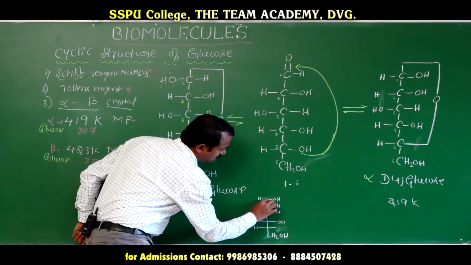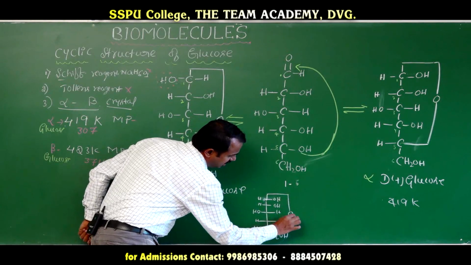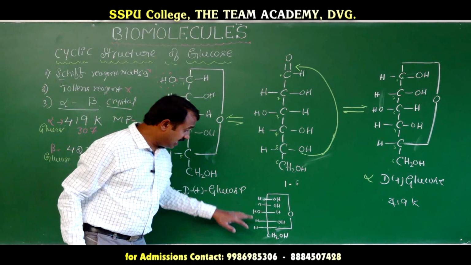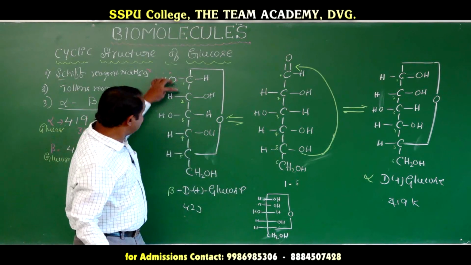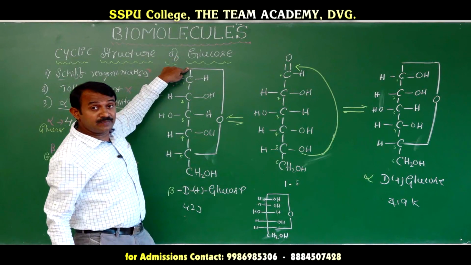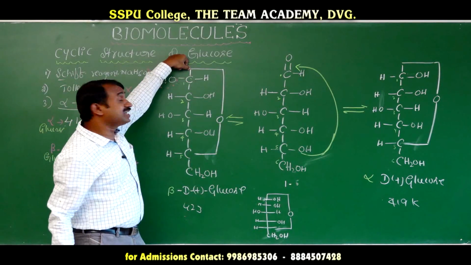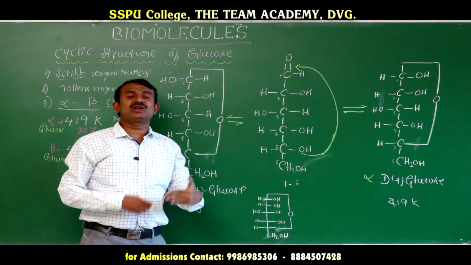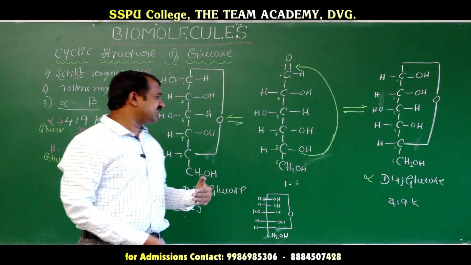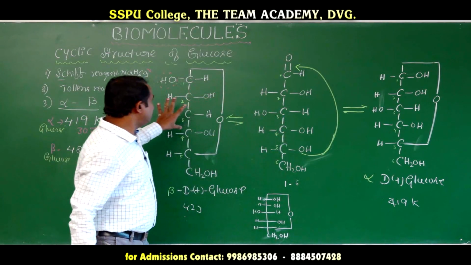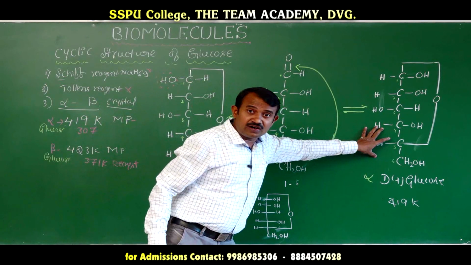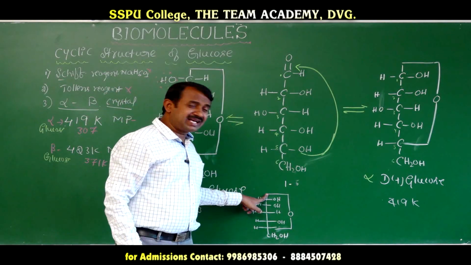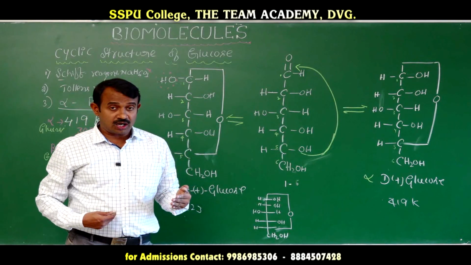Here also is the cyclic bond representation. So this is a cyclic representation. Some people are confused; here also we can consider it as CH2. This is the cyclic structure, and the open chain structure is the other one. This is the cyclic structure of alpha glucose and beta glucose. Next we will go for the Haworth structure of alpha glucose and beta glucose.